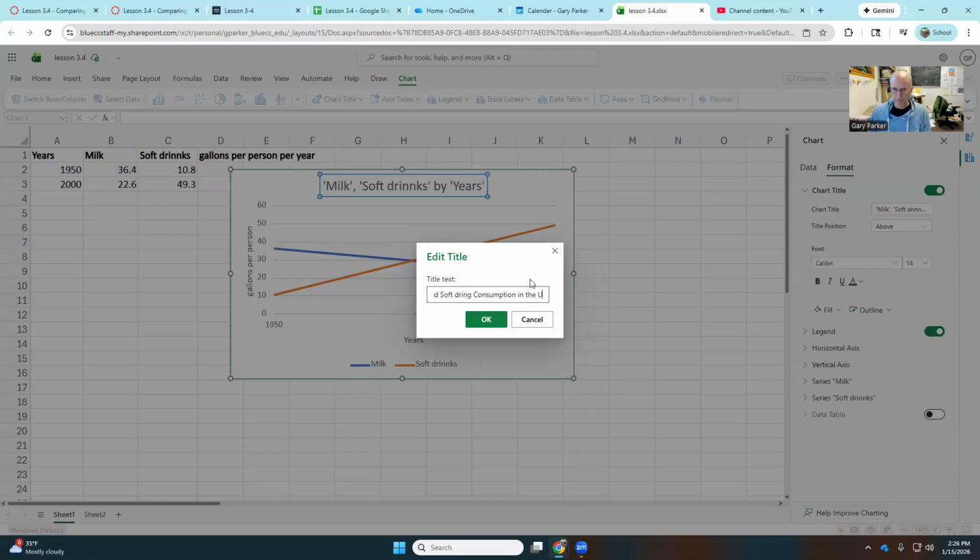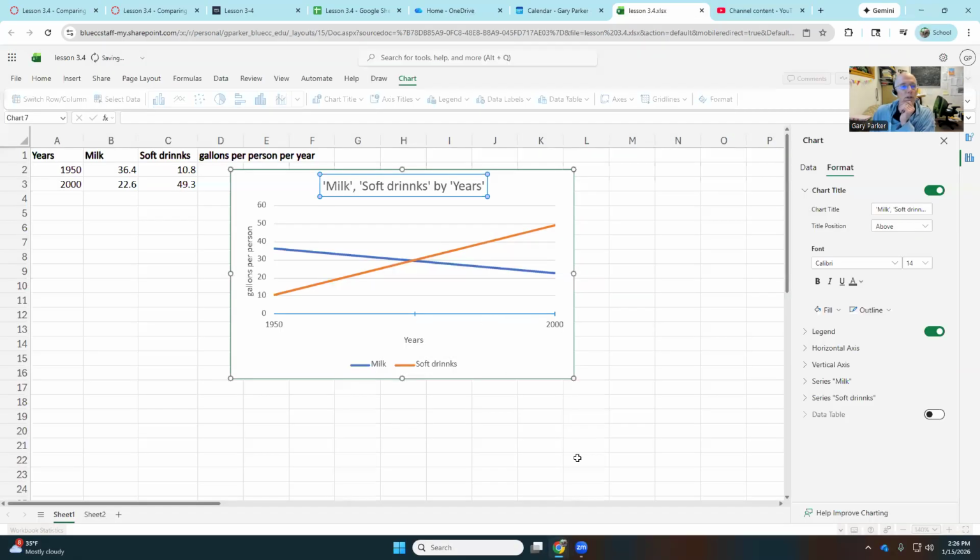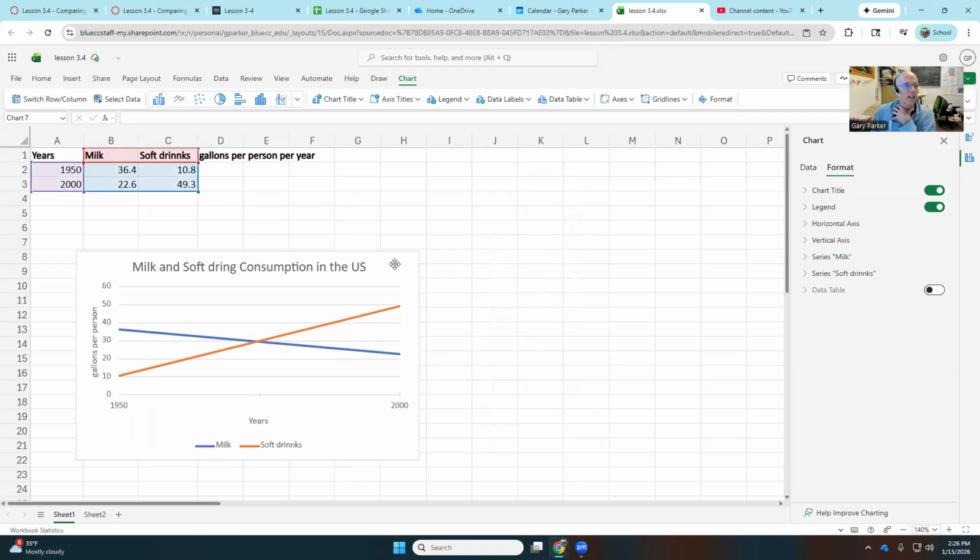In the US. Not too long, but descriptive enough. Cool, that's a great chart. It'd be nice if it had more years here, but I couldn't find a way to make this version of the chart do that. So I'm gonna see, just for fun, if I can get another chart that has a